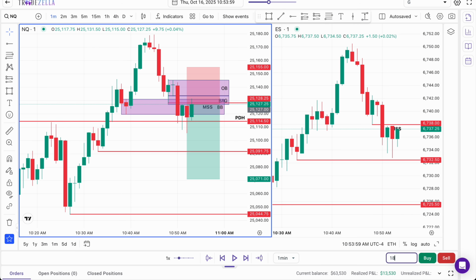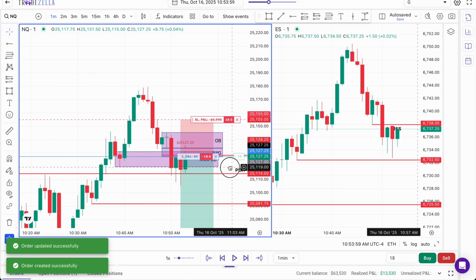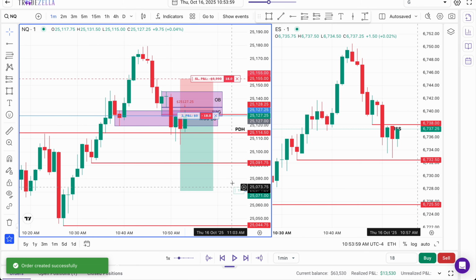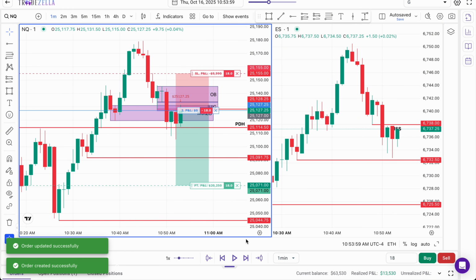I'm going to take this with 18 contracts on my live account, as I did when I took this live. You guys can all reference these trades on my YouTube channel as well, so feel free to take a look at those trades of when I took it live. And then the TP at 0.71, you can see there. Let me just make sure it's dead on. All right, perfect. So let's fast forward price and see how we manage our overall risk.